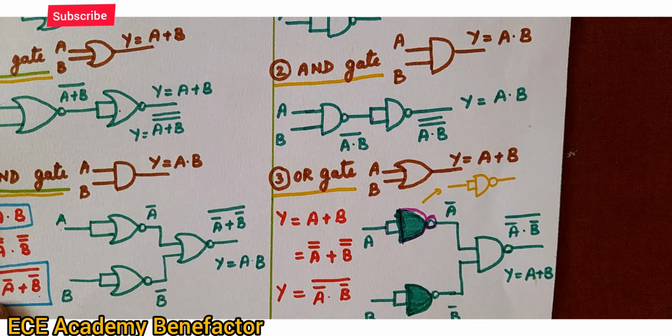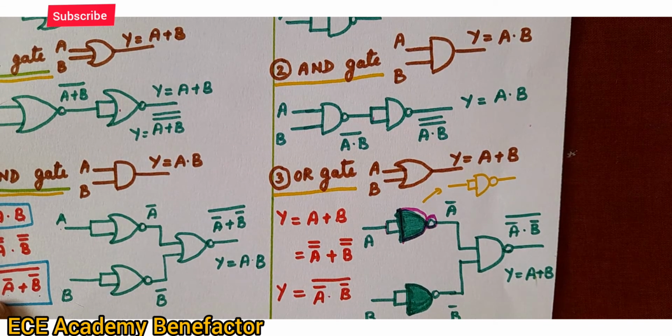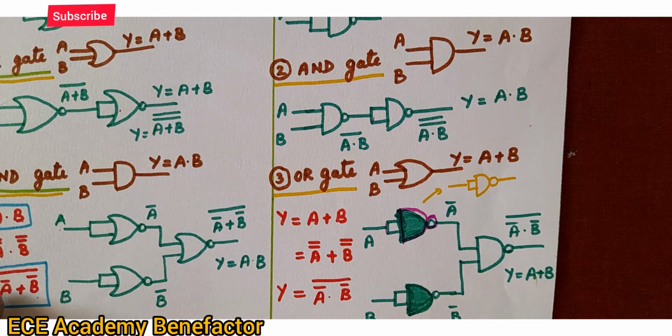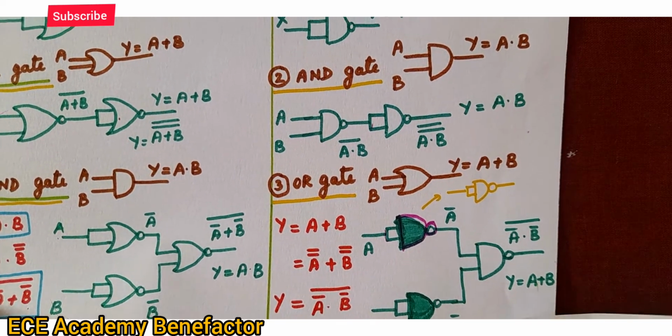Okay, I hope you have understood all the logic gates and seen the logic symbols, expressions, truth table and timing diagram. So what are the gates we have seen? Let me quickly summarize here.